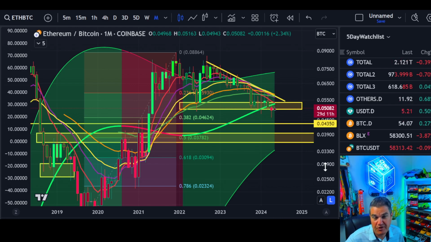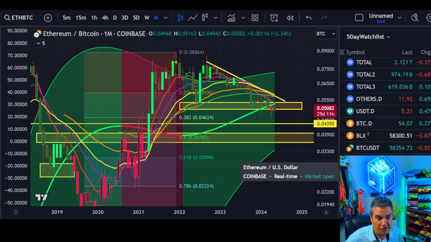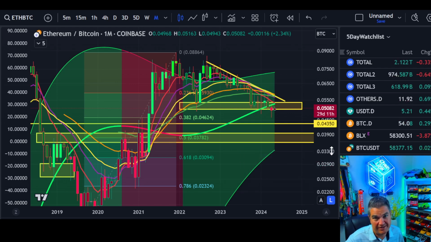Worth mentioning for maybe your future self: if you get in a couple years from now and you're doing very well, maybe just keep 80% in Ethereum and Bitcoin and just trade this pair. You can do that for the entirety of a bull market, bear market, bull market, bear market. Just swap back and forth from ETH to BTC. You'd be surprised how much bigger your Bitcoin and Ethereum values get over time. Do 20% in shit coins or gambling or meme coins, but 80% as a general rule of thumb in ETH